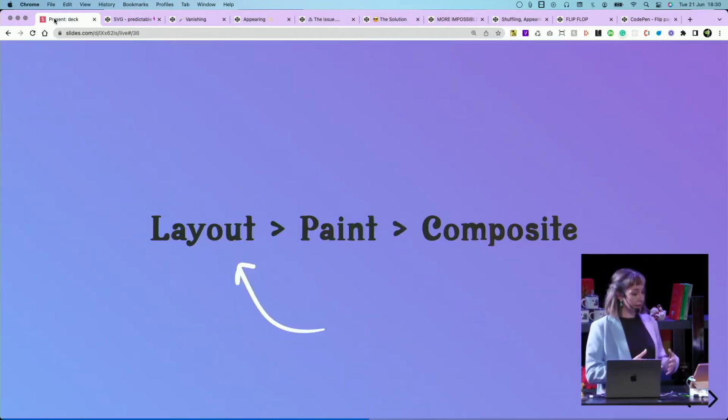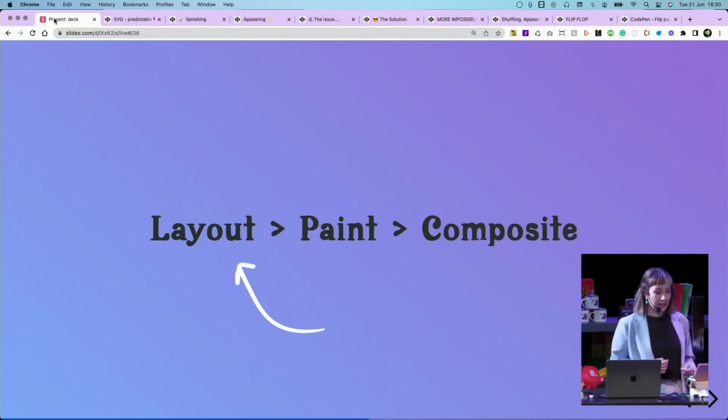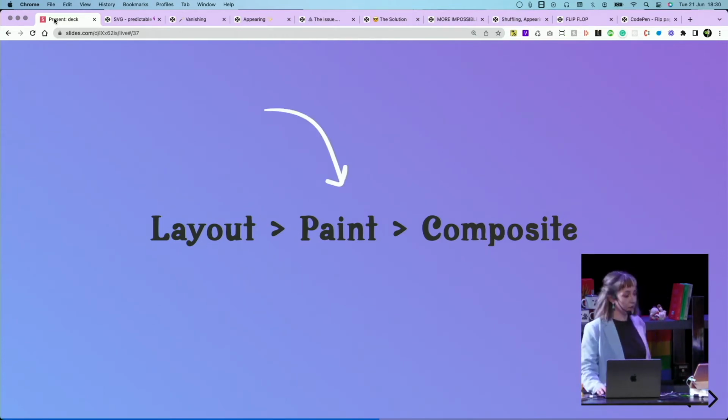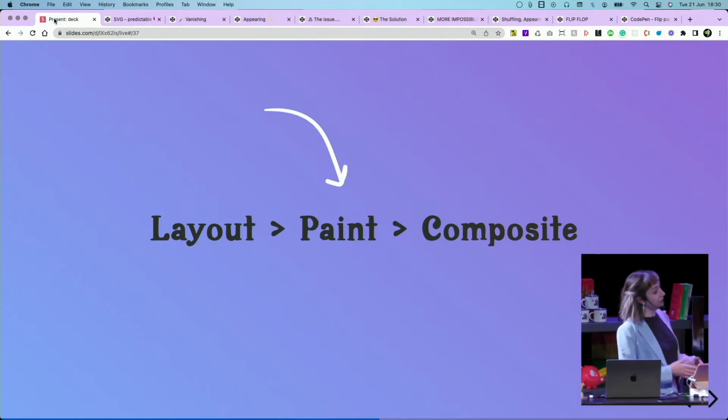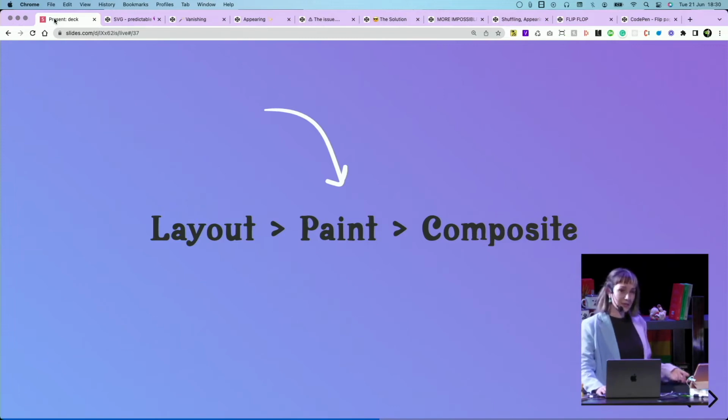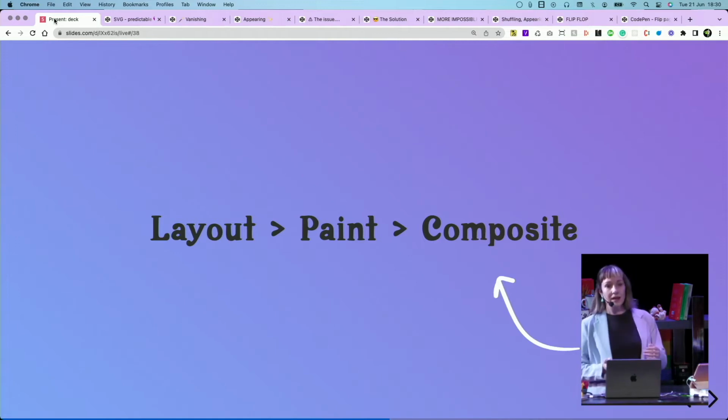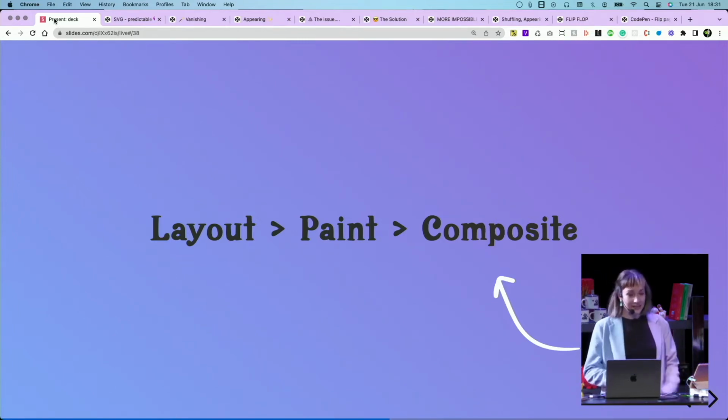But if we animate a layout property like left or top or width, the browser has to reflow the page and go through all of these steps again. So first layout, and then paint, and then composite, which is quite expensive. And if we animate stuff like background color, the browser hits the paint step and then has to trigger composite again, which is less expensive, but still not too great. But if we use transforms and opacity for animation, we just trigger this final composite stage. And that means we get buttery smooth animations and less work for the browser, and good stuff all around.